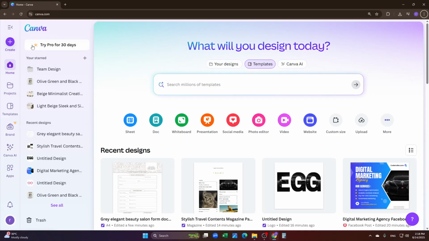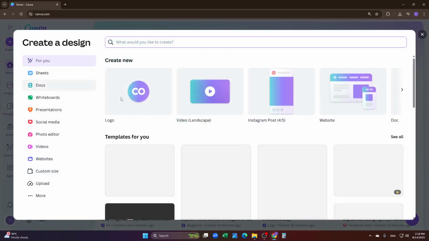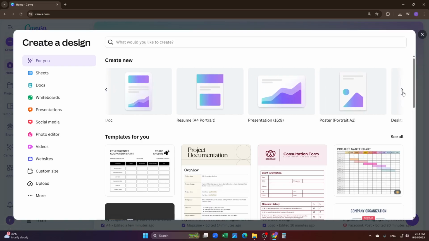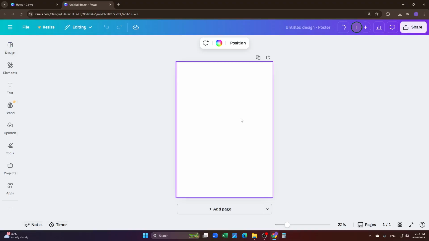So after logging into your Canva account, you just have to simply click on create, and you have to choose the pixel you want to edit or make the backdrop. So I'll just go with this poster option from here, and then we just have to simply click on here,